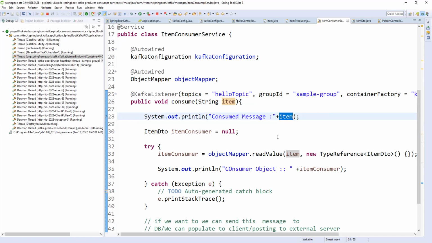We can read the entire message and check whether the message has any unwanted characters, and then allow it. If the message does not have such characters, only then we allow it. Otherwise we raise an exception. Such security validations we can do.